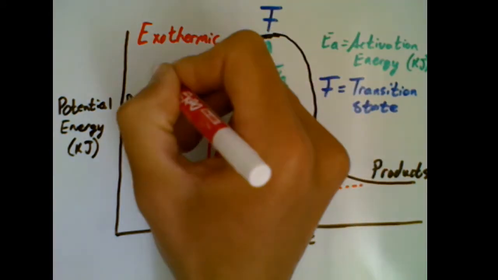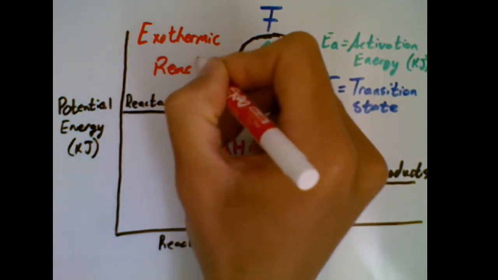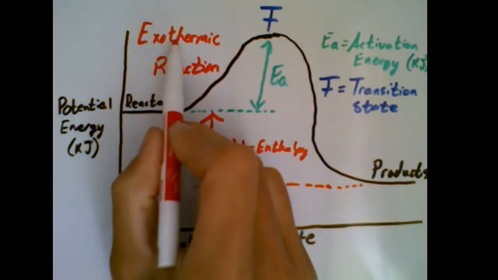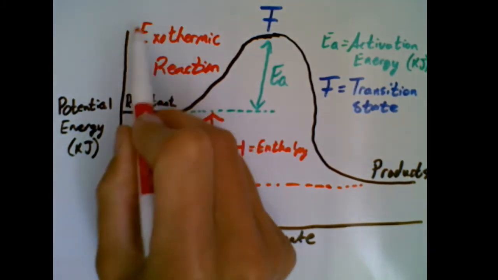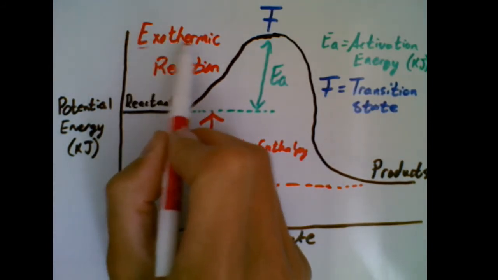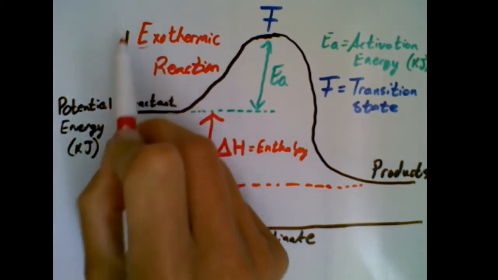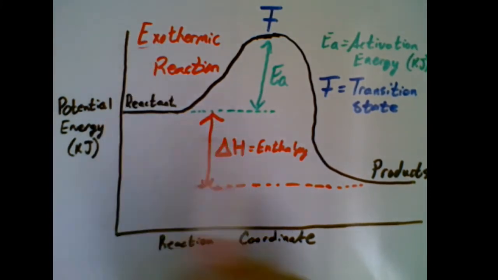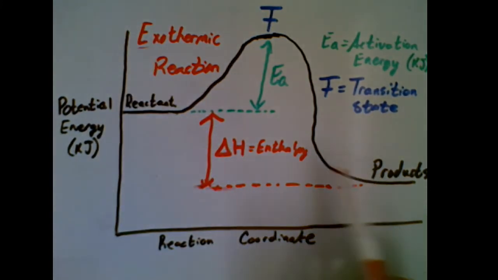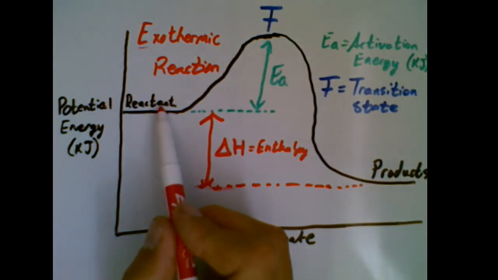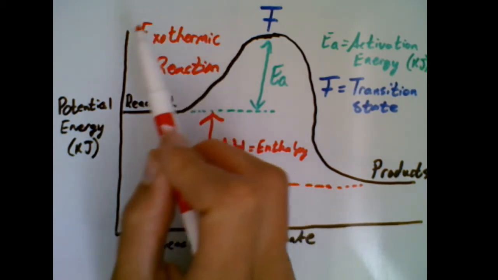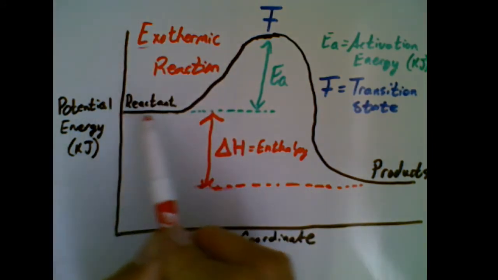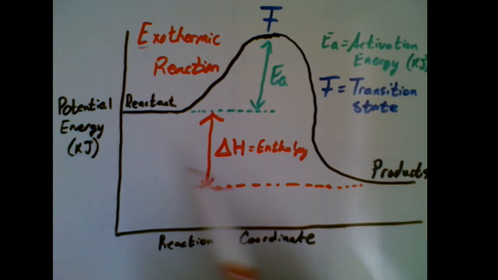If we think about what that means, therm means energy or heat. Exo means outside or to exit. It means that heat is given off in the reaction. Whenever the products are lower than the reactants, you will always have an exothermic reaction. So if you see an energy diagram where the products are lower than the reactants are, that has to be